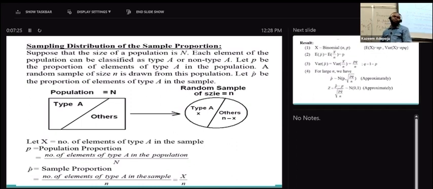But if I'm choosing from a population that is not normal, then the central limit theorem needs to apply, which means my sample size has to be at least 30 before the sampling distribution of this will be normal. Now, we're no longer focusing on this. Today, we want to focus on proportion. And the example is going to be,